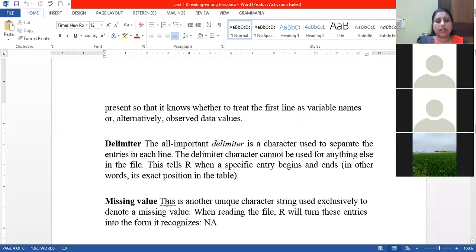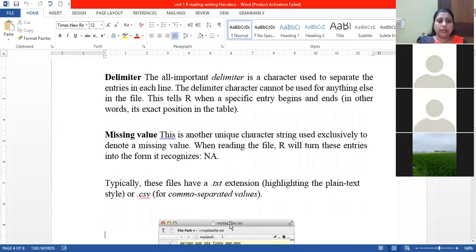There are 4 special values I told you about in the last class: infinity, not a number, not available, and null. Suppose in a data set the value is not available, you can denote it by a certain symbol or just write NA. It will tell you the value is not available at that particular field.